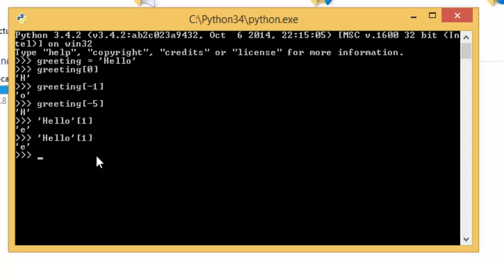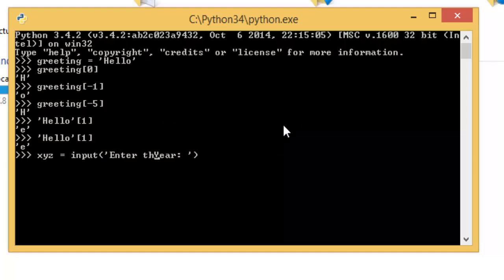So I'll also show you how to do that. Let's say I'll just write down anything. Let's say XYZ equals, and before that I'll just write down input. I hope you remember input that I showed in the last tutorial. So I'll just write down input, and let's say we want to ask what is the year. Just write down "enter the current year", so that it will ask the user to go ahead and enter the